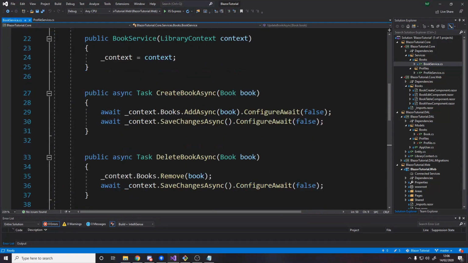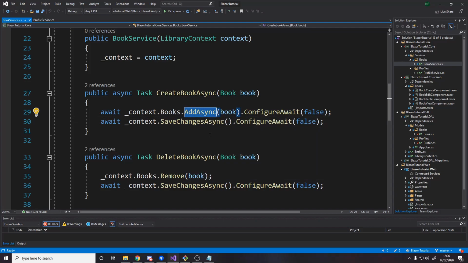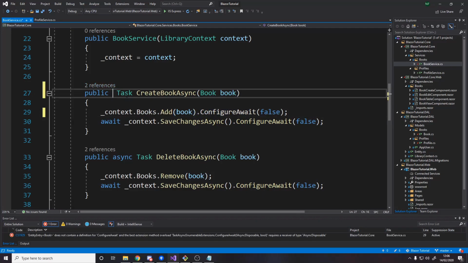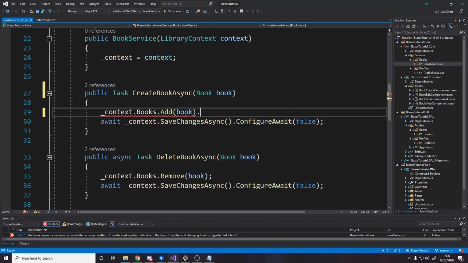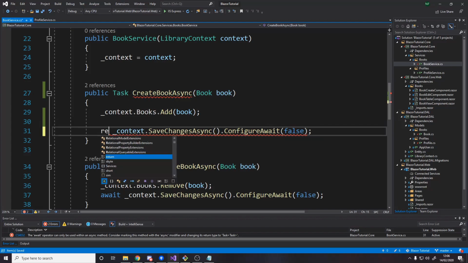So we go down to here. Now, one thing is we don't need to use add async. If we actually read add async, I've only read this recently, it's only async to allow special cases. Now, we don't have any of the special cases, so we're just going to change it to add and get rid of the await, get rid of the async, get rid of the configure await. So we just say context.books.add,